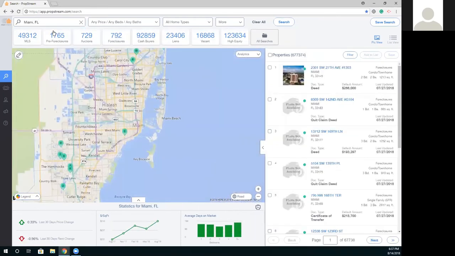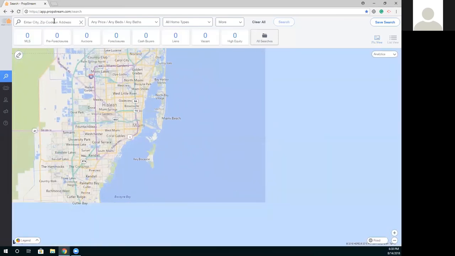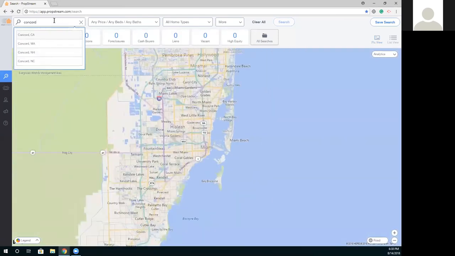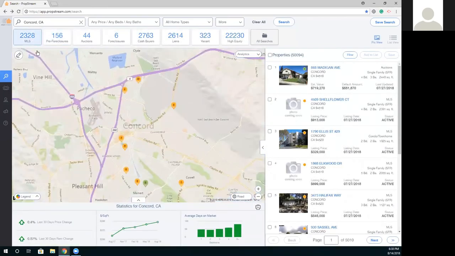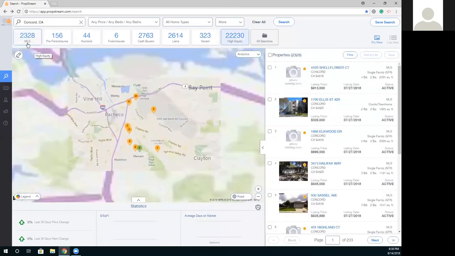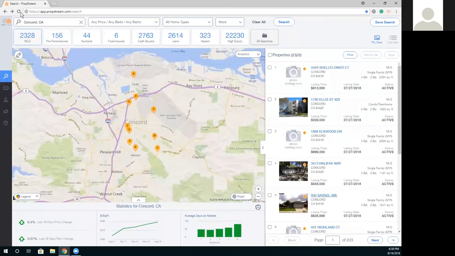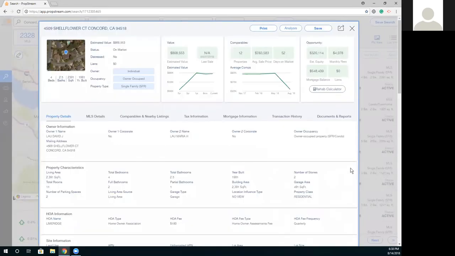All right. So let's take this example to Concord, California, really quick. That way we can see what our data looks like there. So here we have our data. So at this point, I can click on any of the categories above, and my results will populate to the right-hand side. So here I've clicked on MLS. I'll see all 2,300 results to my right-hand side. At this point, I can either click on, view the quick property details, see where they're at on the map, or I can actually click on the property itself and get into the details of every single one of these listed properties. And I'll get back to this in just a second.